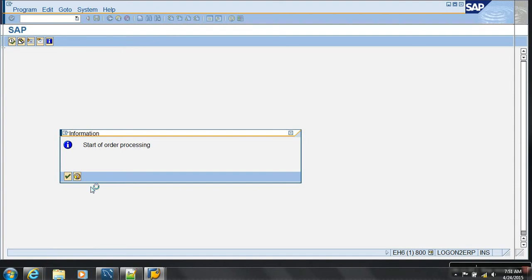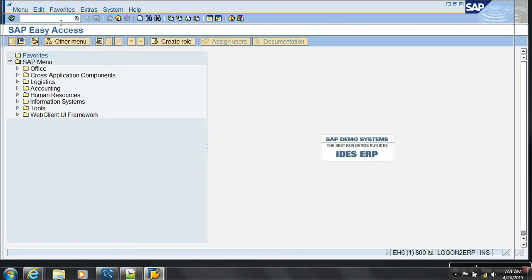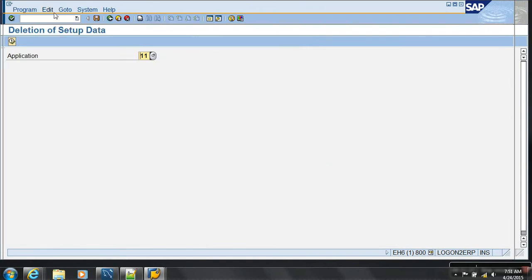Don't execute like that. First, what is the T code you are using? Go to T code LBWG, give your application level and say execute.